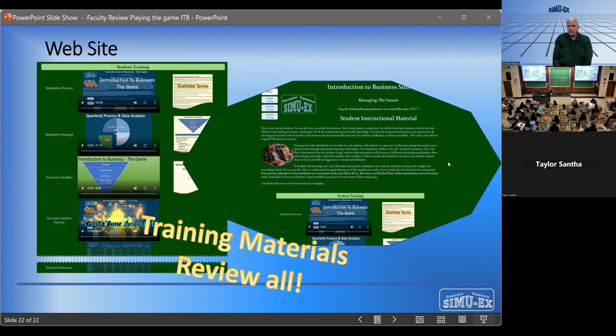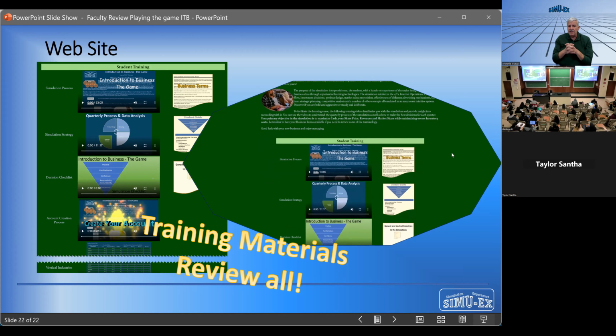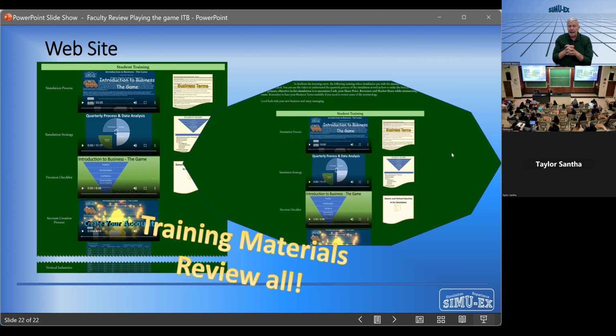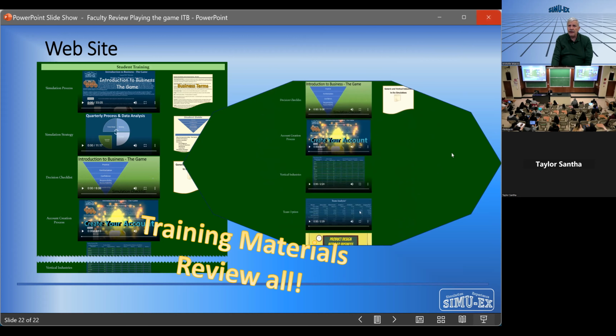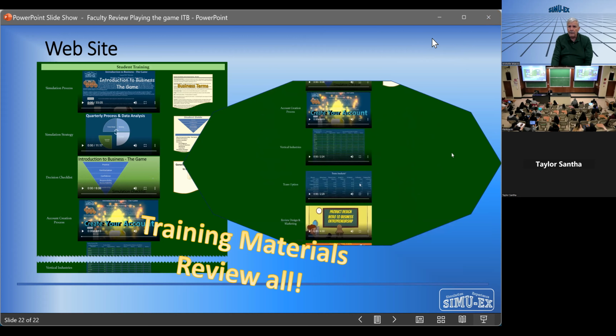Review them, look at the user guide, look at the glossary of terms, review the checklist. These are all there to provide you with an opportunity to become familiar with the simulation, the interface, and the decisions that you're going to need to make so that you can succeed in using the software.